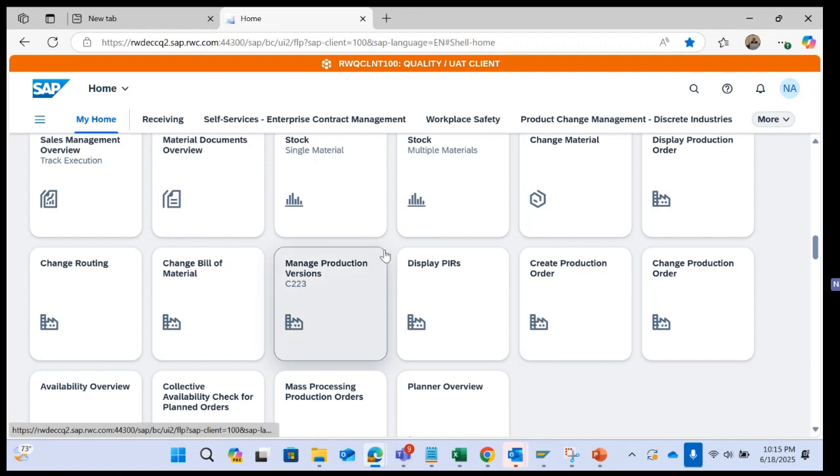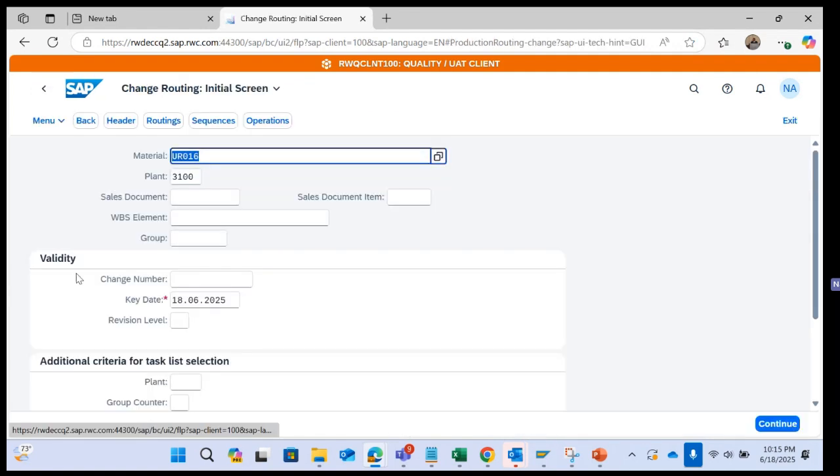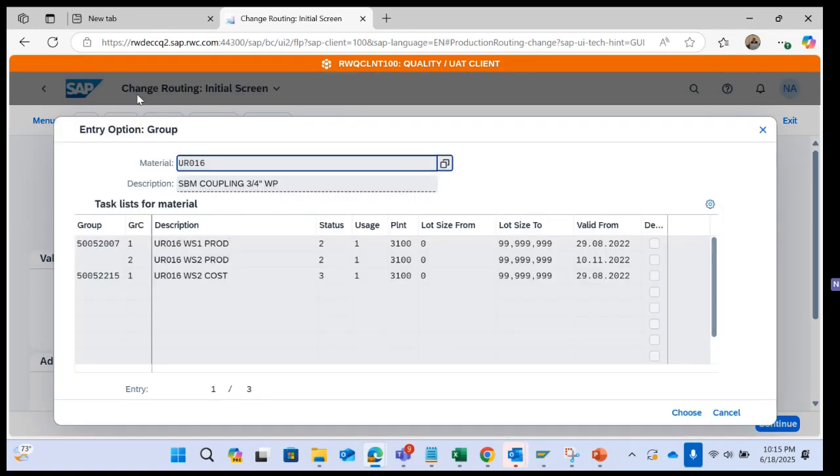The next one is I'm going to show you the routings. Routing for this same material and the plant UR016. Just enter the material and plant. Continue. The name of the app is Change Routing. Okay, Change Routing. You can see this is similar to CA01, CA02, CA03. Now you can see it. I have